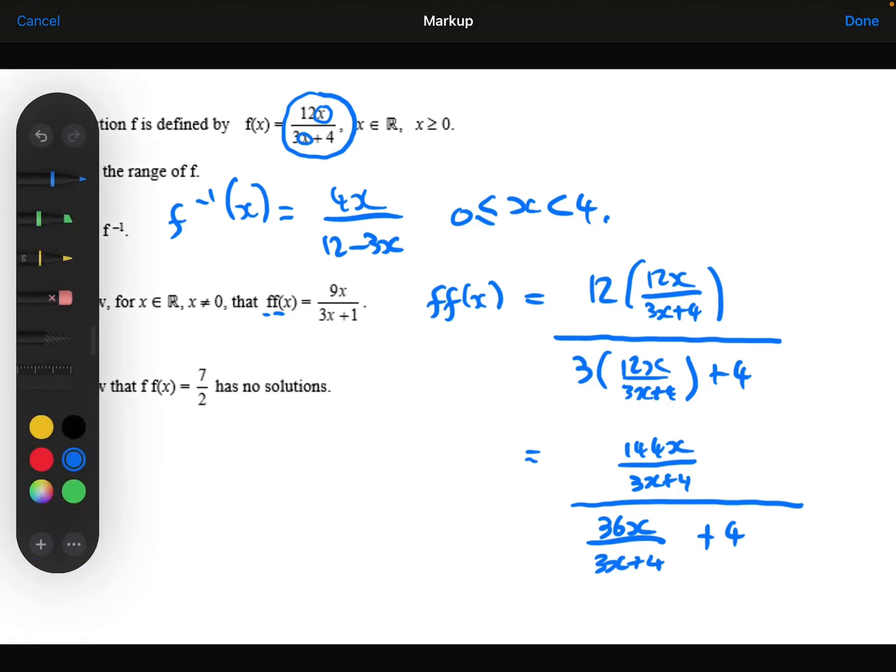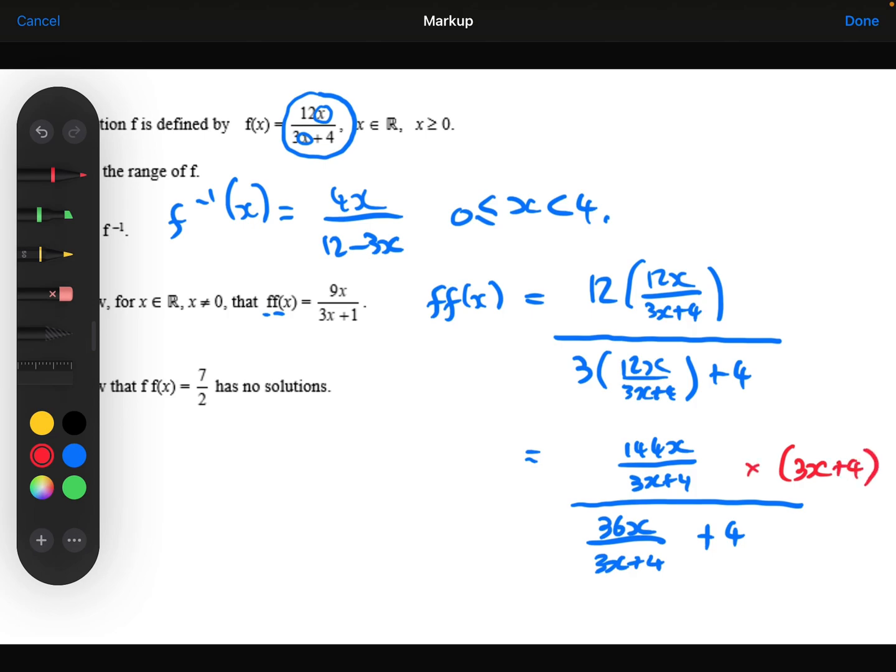I'm then going to multiply top and bottom here by 3x plus 4, because that's going to cancel this fraction here and this fraction here, and then we'll just have the 4 times the 3x plus 4,